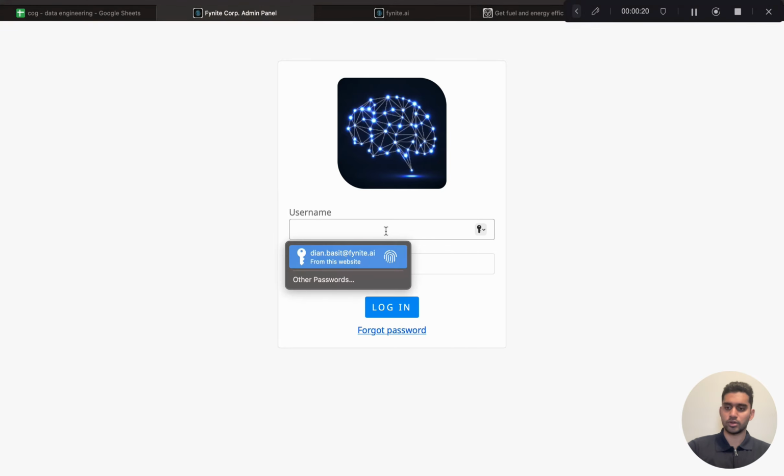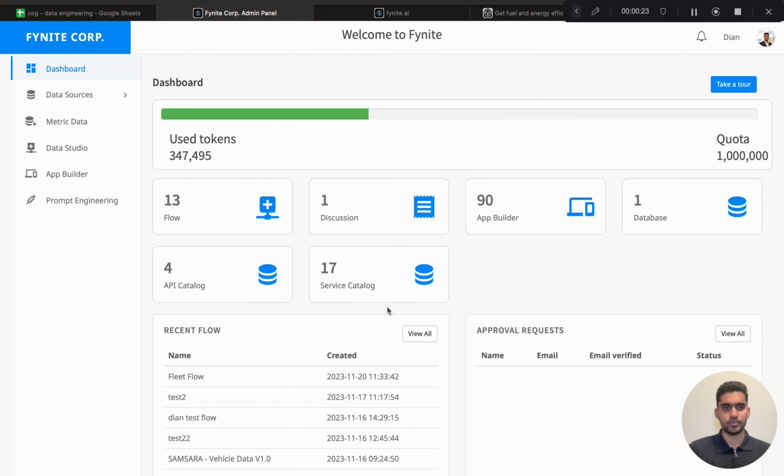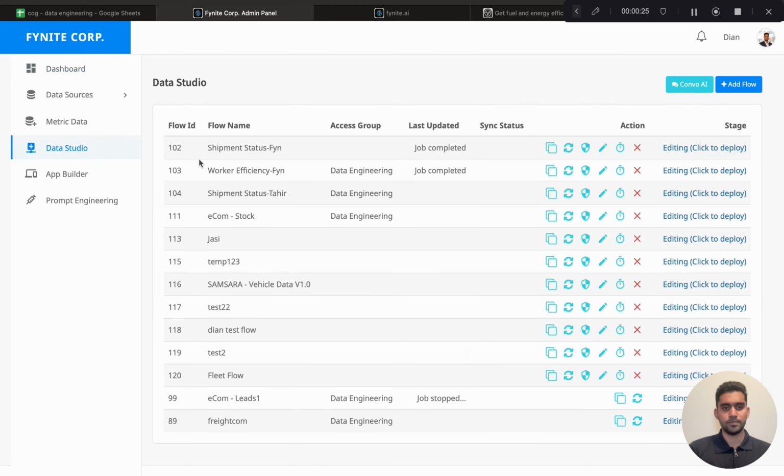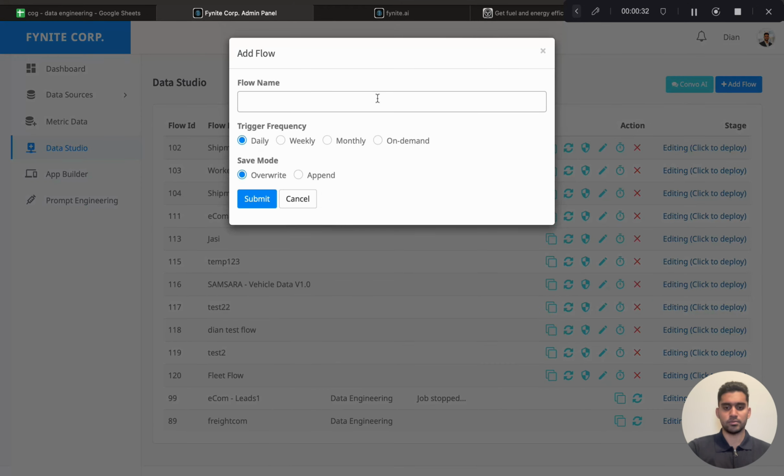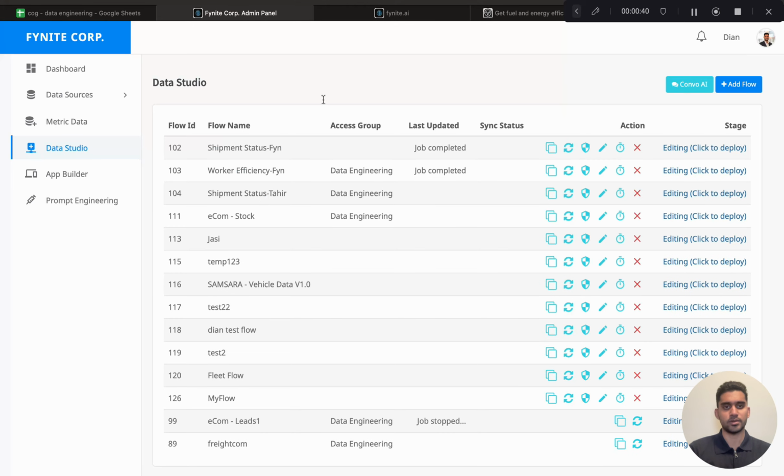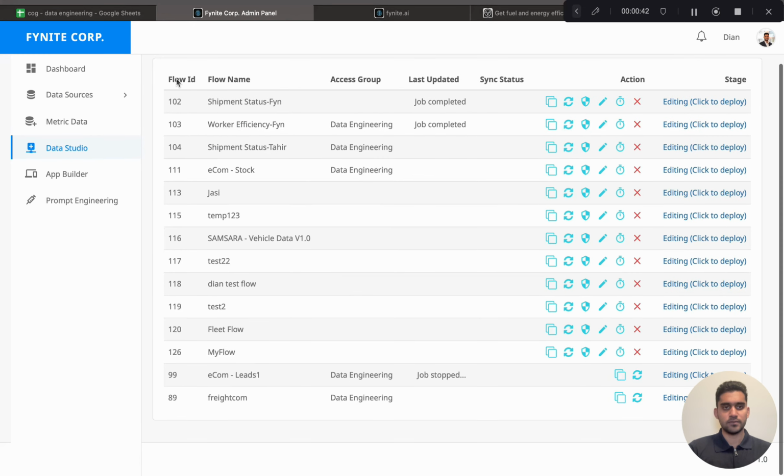So let's first log into our Fynite AI portal and then click on Data Studio. And since we're creating a flow from scratch, we will click on add flow and then give it a name. So for now, let's call it my flow and keep all parameters the same and then click on submit. As you can see, flow ID 126, my flow, has been created. So we click on edit